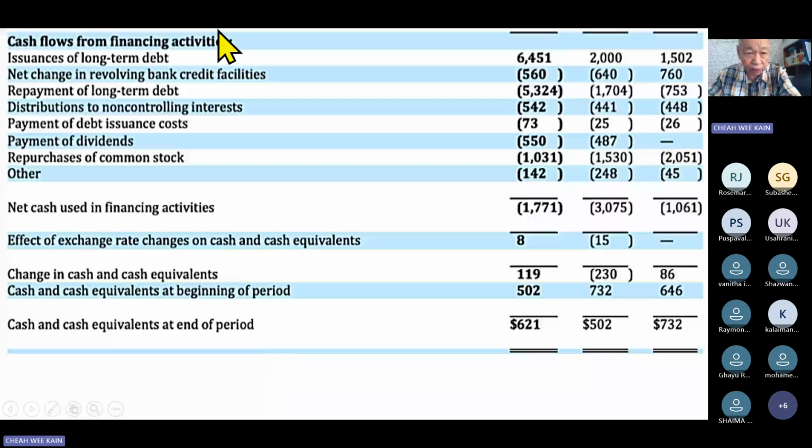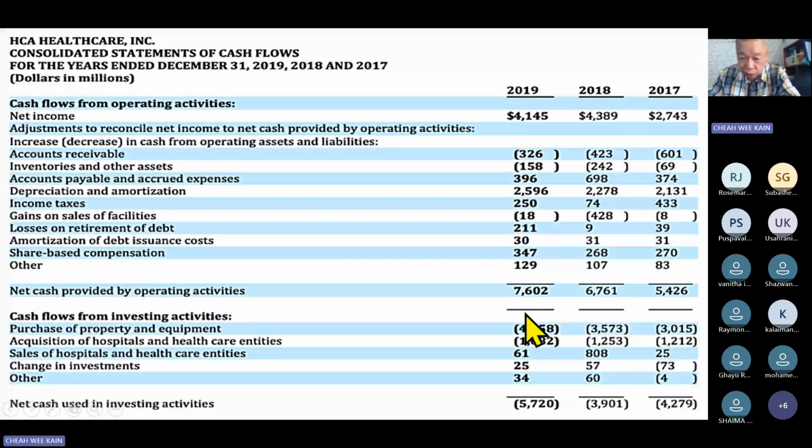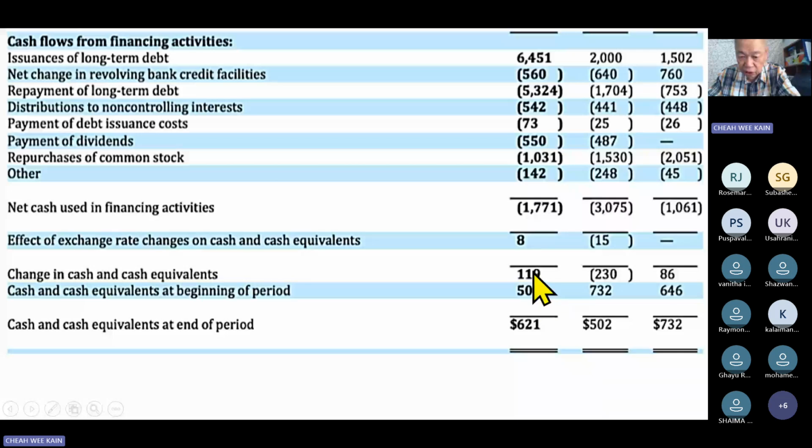And the cash flow from financing, maybe you issue some debt or you pay back some debt, minus sign. So this was the beginning cash plus the net balance in the cash flow. Net balance cash flow comes from all this: net cash flow one, minus 1771 plus 7602 minus 5702. Therefore, this will be the change, and this opening balance plus this one will now be your ending balance of the cash. You need to know this figure so that you can do your payment.